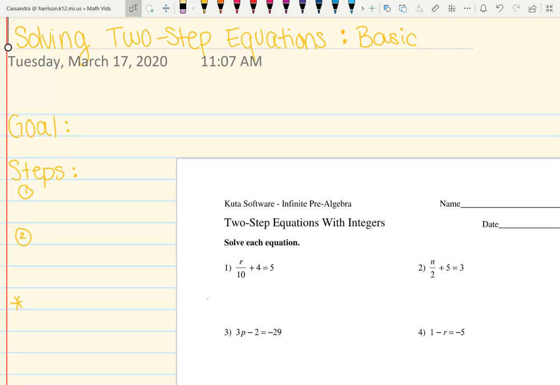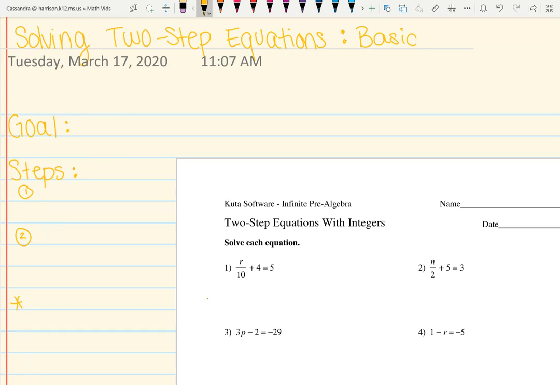Just trying to show you guys how to solve some two-step equations, the basic ones. This is probably going to be a 5 or 6 part series on solving two-step equations because, as my students know, there are so many different types of equations. We're just going to start today with basic ones where